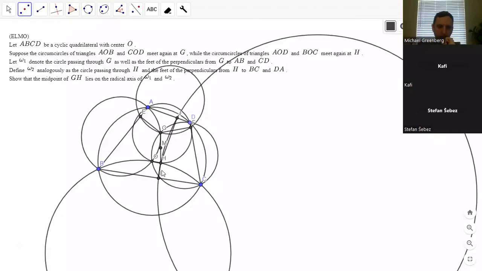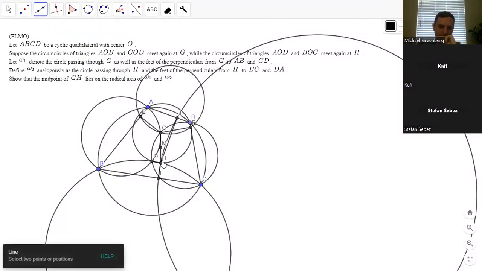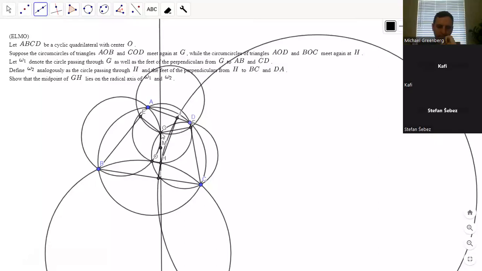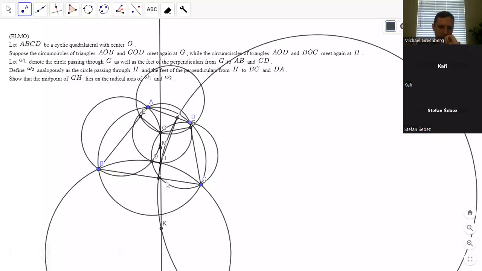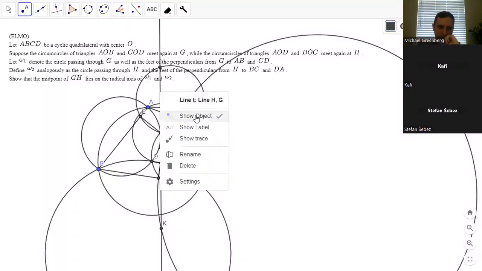So another way to say that is if we extended GH, it would cut these circles at equal distances. It's another way to say it. So this equals this. I guess I might as well draw on those points. I don't know if that's the solution, but